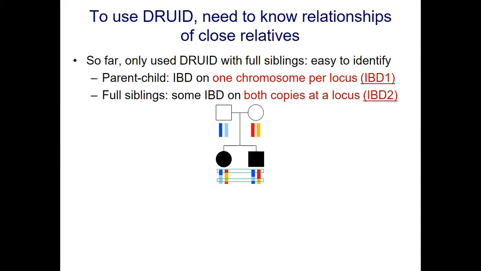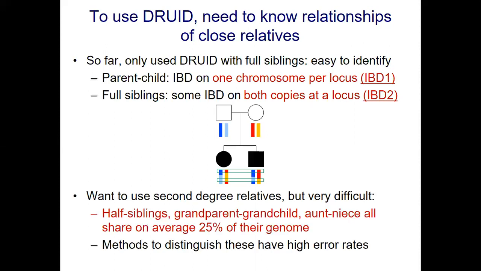And this is a distinguishing characteristic that should, in non-inbred individuals, only occur in full siblings, these IBD2 regions, they're called, IBD on 2 copies as opposed to 1. Now, it's very easy to distinguish full siblings using these IBD2 regions,